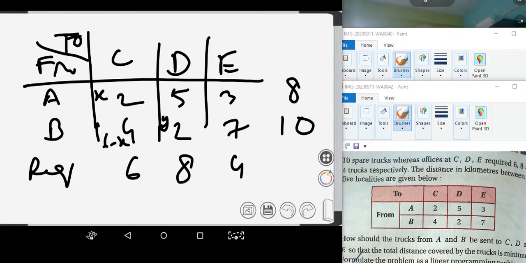Since for D the requirement is 8 trucks and y is already obtained, it will be 8 minus y trucks, and for E